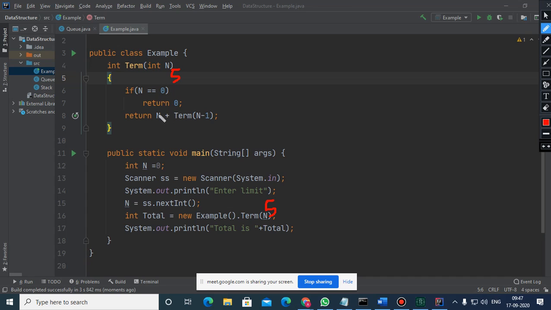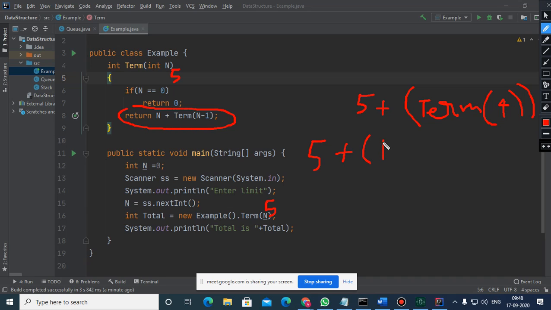So this statement will get executed, which is 5 plus, and again another function call, you are passing term 4. Again the base case is not true, so the expression will become 5 plus 4 plus